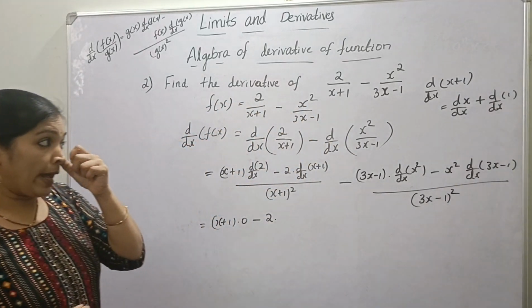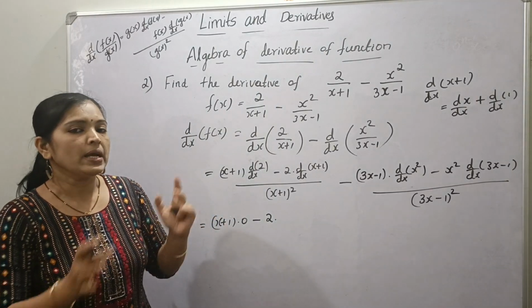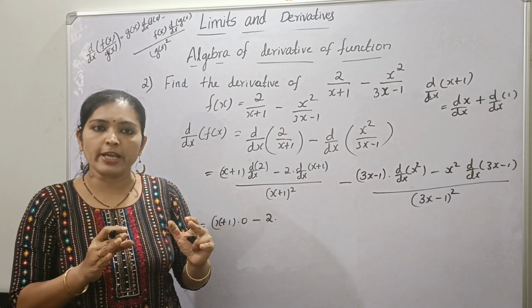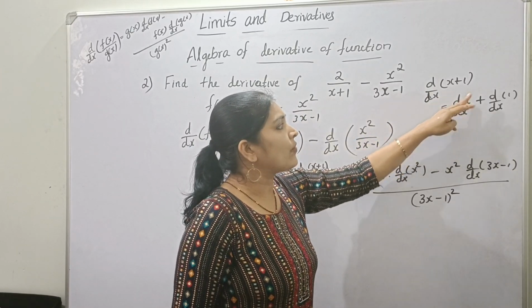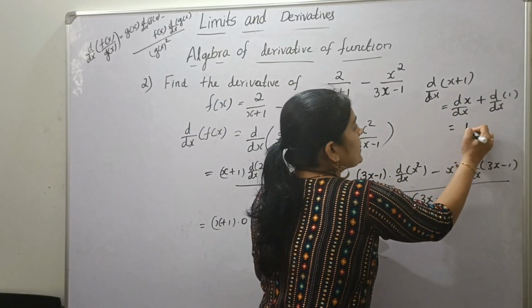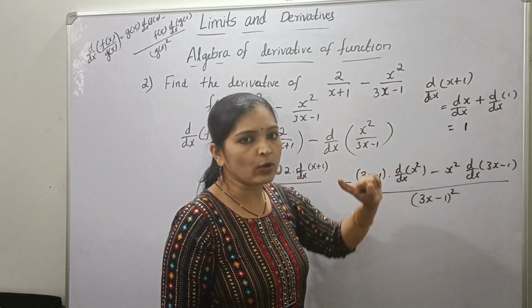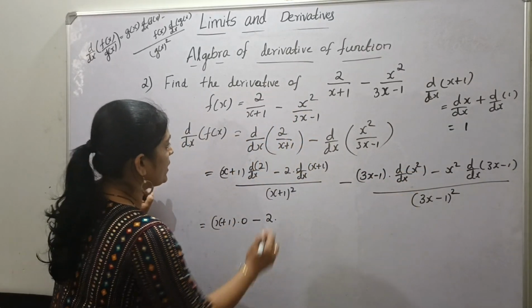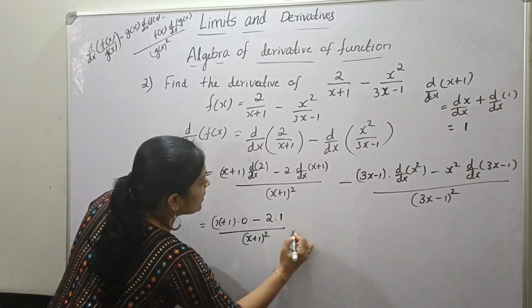Applying sum rule, we know that derivative of a sum of two functions is equal to sum of derivatives of the functions, that is d by dx of f of x plus g of x is equal to d by dx of f of x plus d by dx of g of x, right. So here d by dx of x is 1 plus d by dx of 1 is 0, so the answer is 1, right, because dx by dx is equal to 1, okay, plus d by dx of constant is 0. So here it is 1 divided by x plus 1 whole square minus